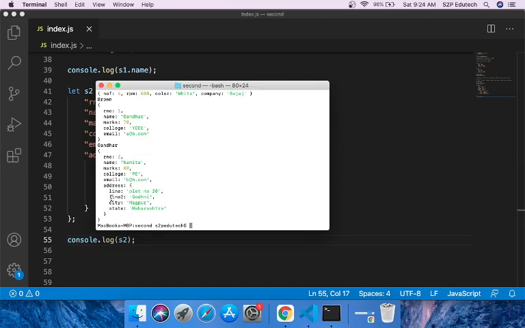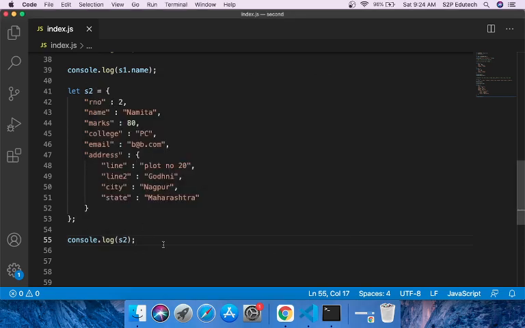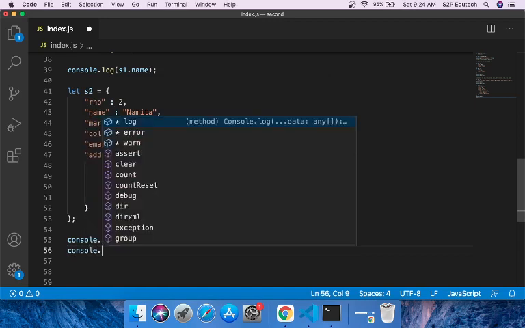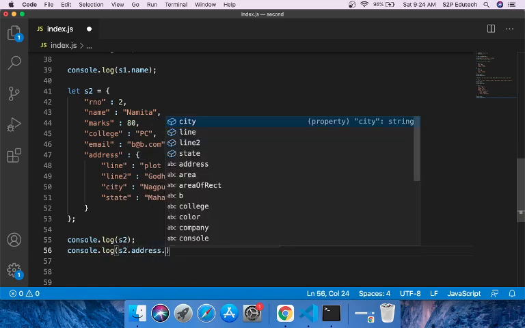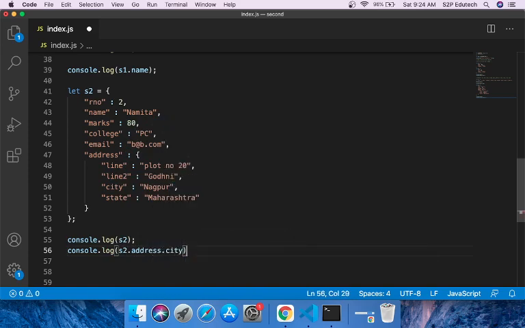Now let us say I have to print only the city of Namita. How can I do that? I'll say console.log s2.address.city. So I am cascading the dot operator.